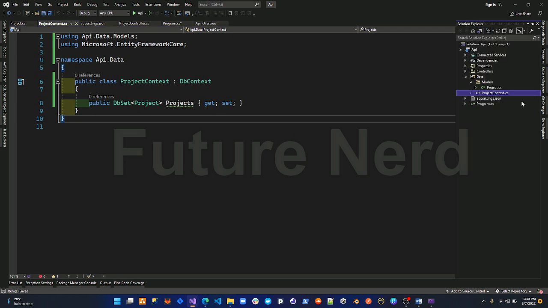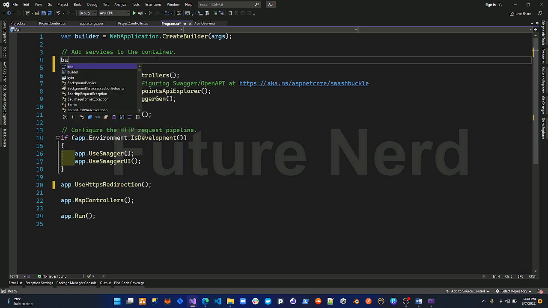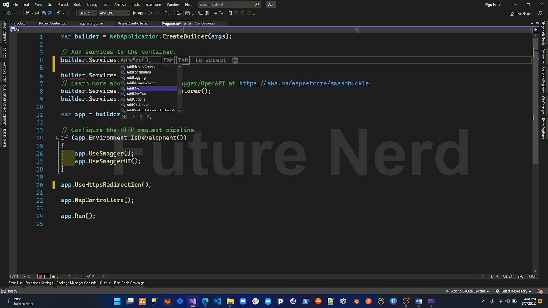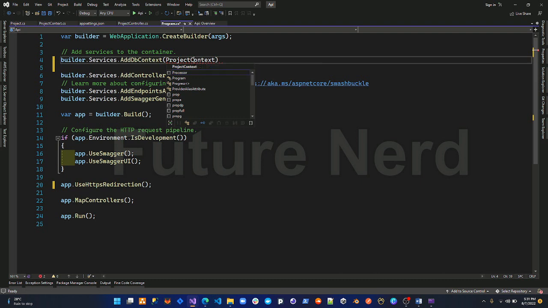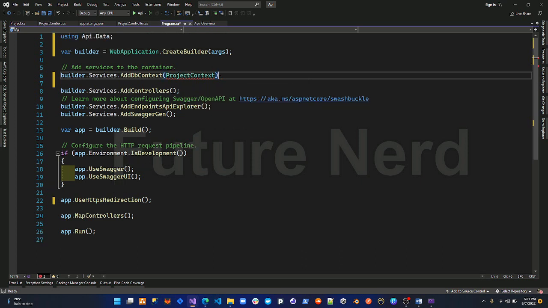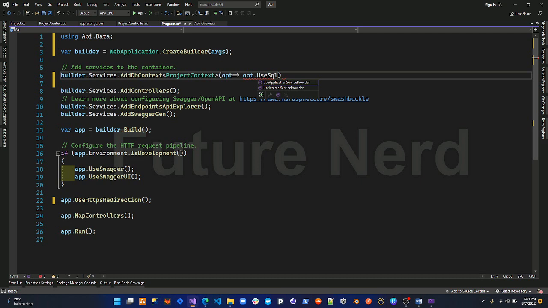And in our program file we have to define what would be the database file, builder.Services.AddDbContext, and that would be the ProjectContext class, and we import this, and then it would not be like this, it would be like this, and then we will use the options, and in options we will define the connection string of our database, use SQL server,